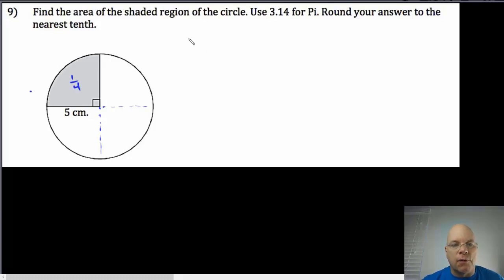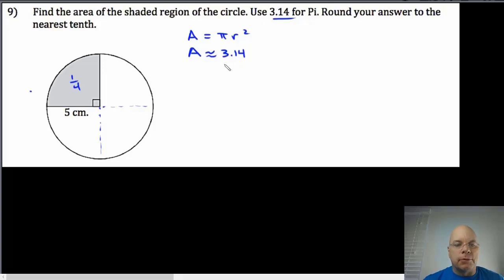So we're going to use our formula for area of a circle. Area is equal to pi r squared, and find the area of the whole circle. But then once we do that at the end, we'll divide by 4 to find the area of this shaded region. We're going to substitute in for these values, and it asks us to approximate using 3.14, so the area is approximately equal to